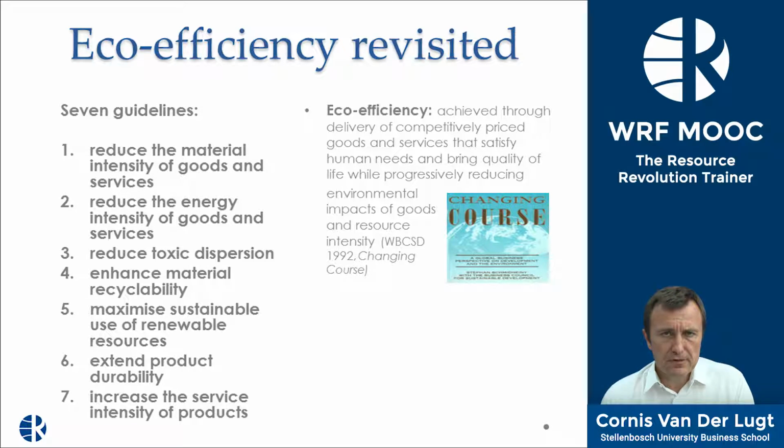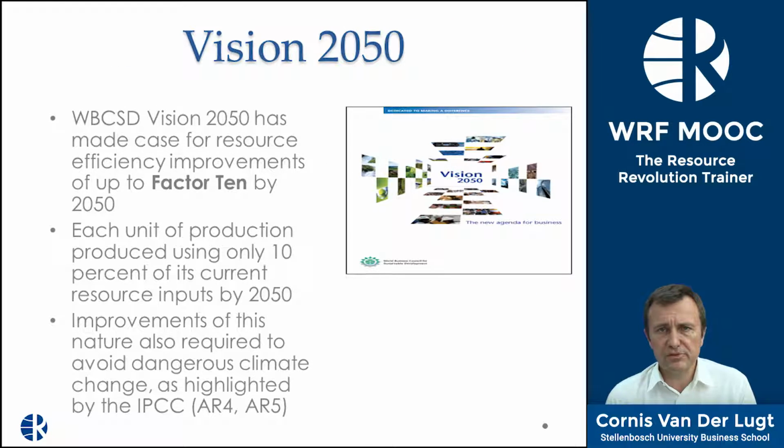More recently, the WBCSD had a dialogue with experts and senior executives in over 20 countries and developed a document published under the title Vision 2050. This process involved an exercise of backcasting. The Vision 2050 was published in 2010, and the question was, what would a sustainable world look like by 2050? And then backcasting from that, what is it that we have done to get there?